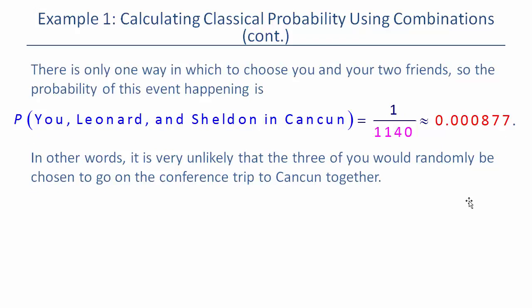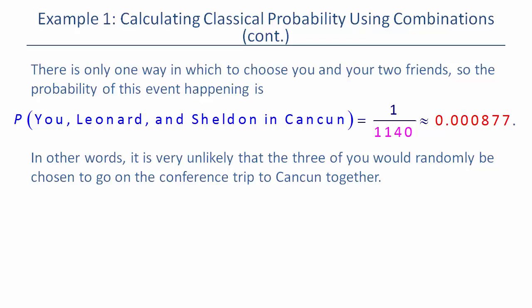That's the total. Now we've got to figure out the good. How many ways can we choose these 3 people we're talking about, you, Leonard, and Sheldon? Well, there's only one way, right? Because if you rearrange those 3 people, it's the same 3 people. So it ends up being 1 out of that 1140. That's the beauty of probability, is that it gets really simple if you just boil it down to the